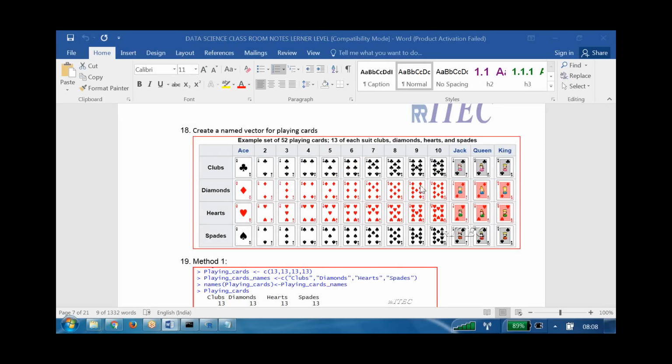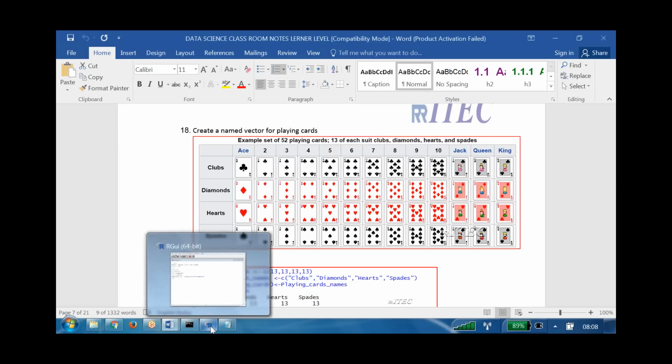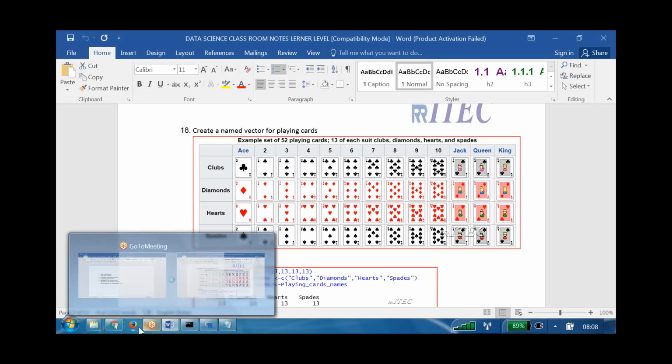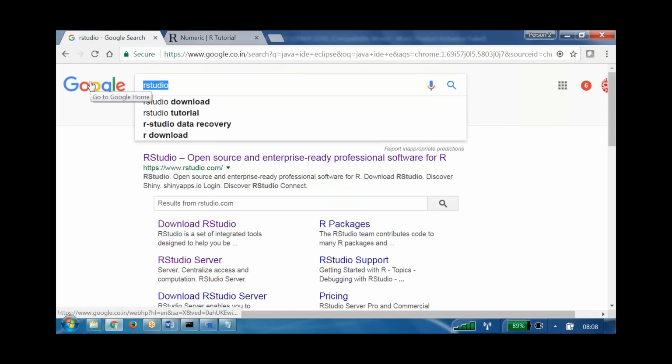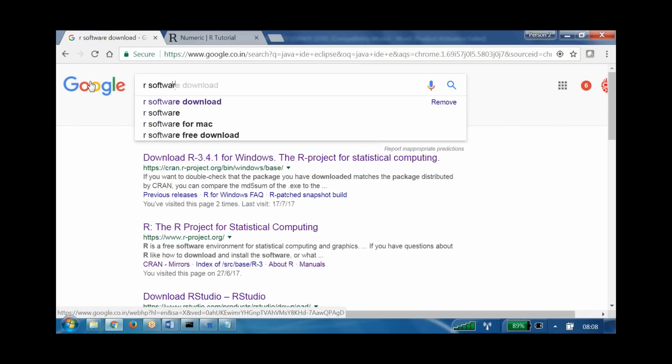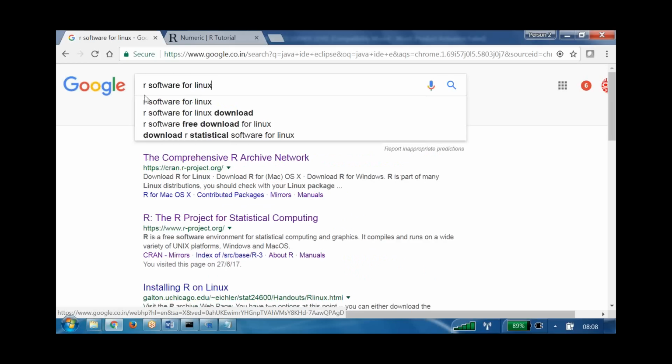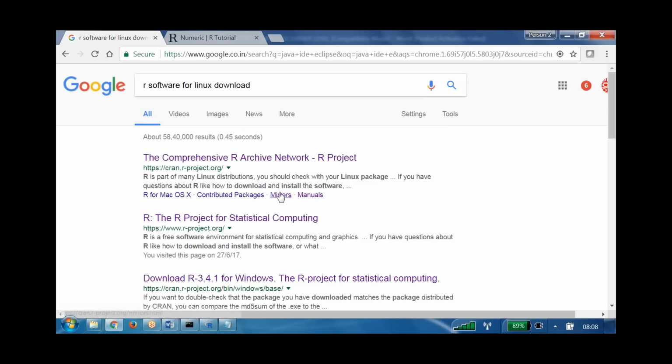I see we have a console for the Windows platform. Do we have to download a separate tool to run this on Linux or on the Mac, or do you just have a version for it too? That's right. R is available in different flavors. R software for Linux is available to download, and the R console is available for Linux also.